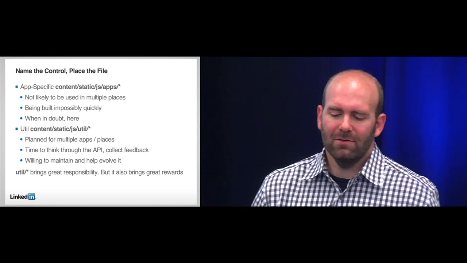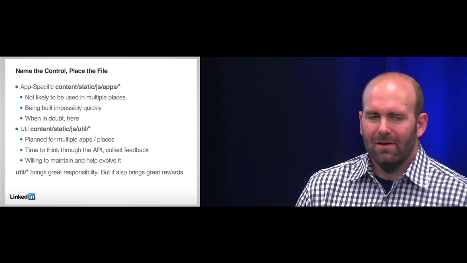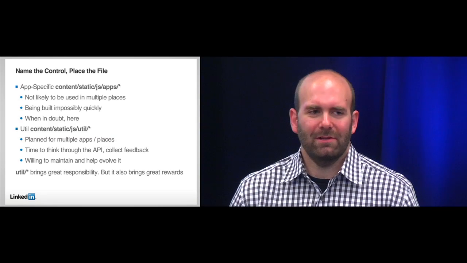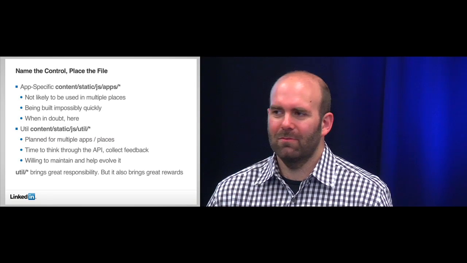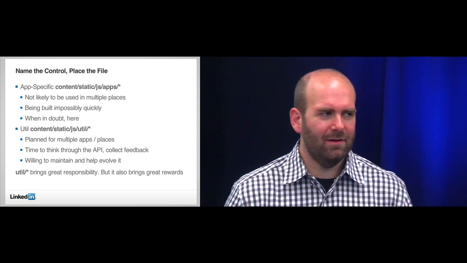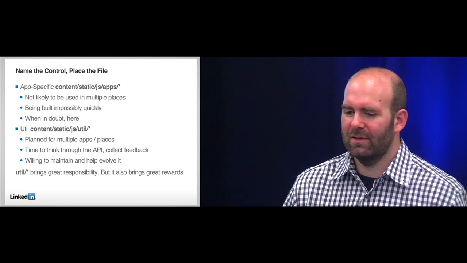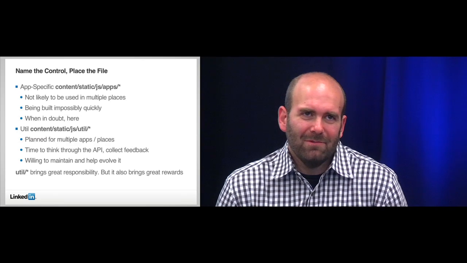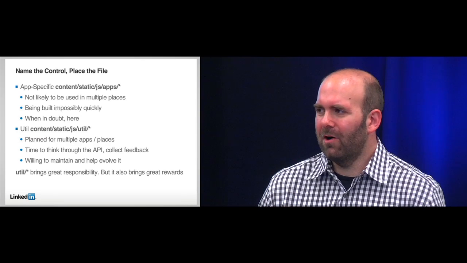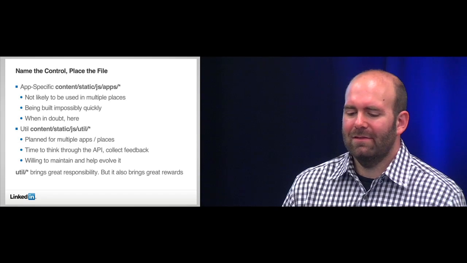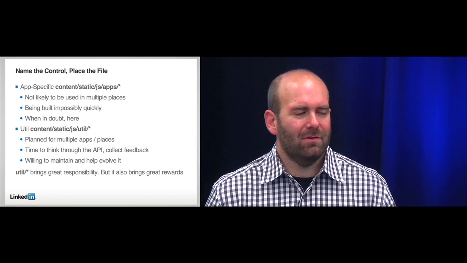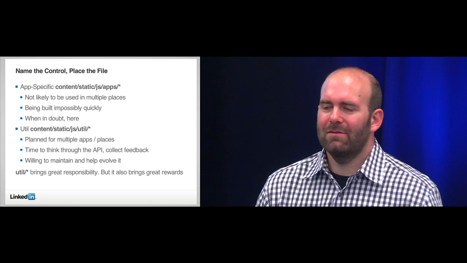They're not likely to be used in multiple places. Sometimes they're being built impossibly quickly because a product manager might say, well, when do we need this? And the PM says, oh, we needed it 3 weeks ago. Can you do it by 6 p.m. tonight? Sometimes those are necessity. When that's the case, putting it in the apps directory is a signal that this is meant for my application